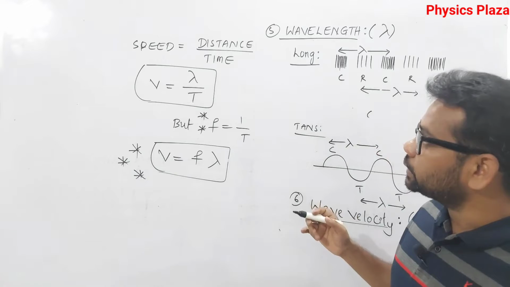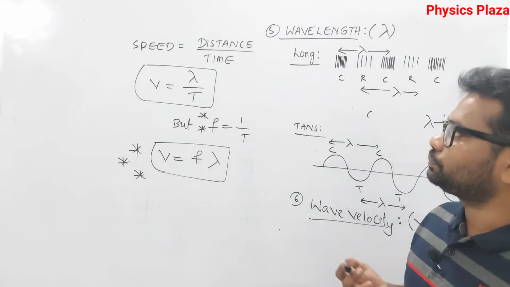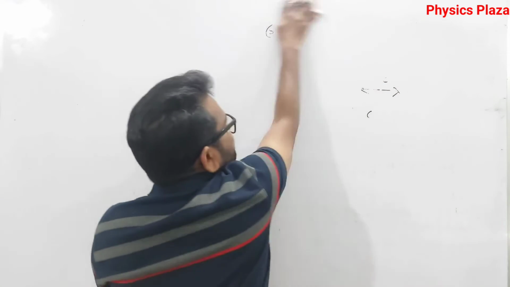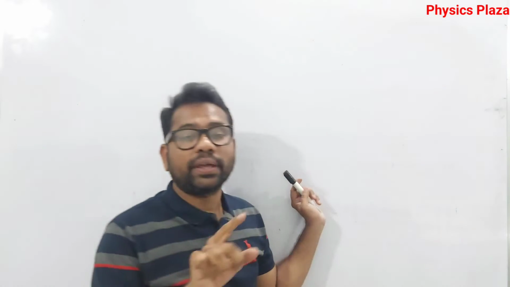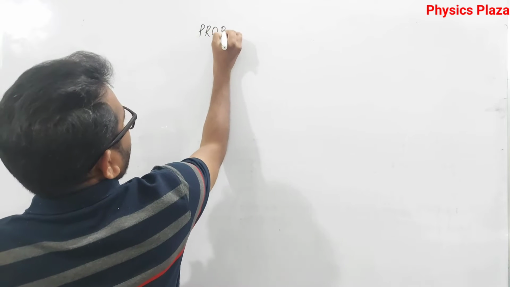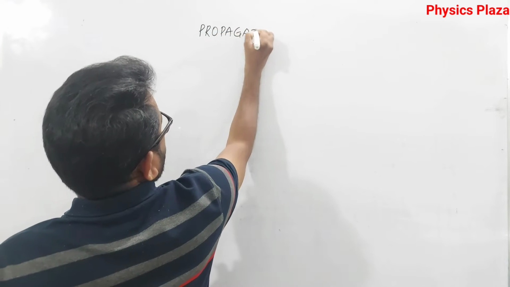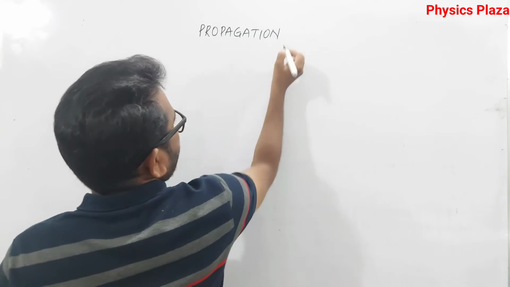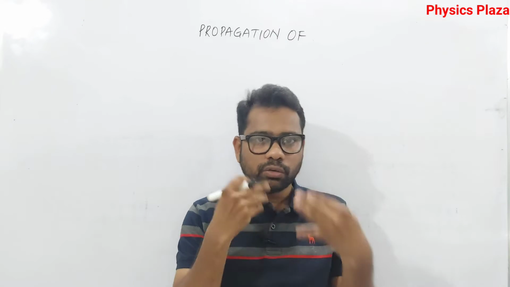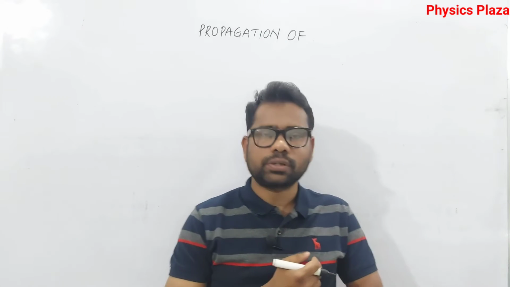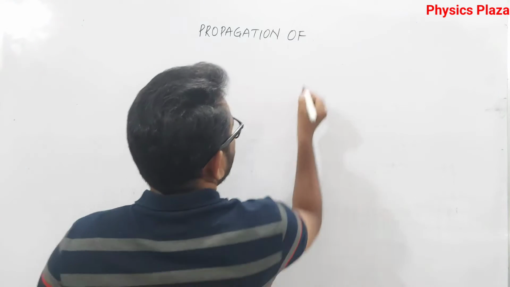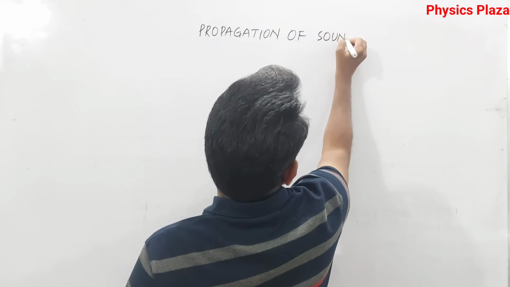Okay children, so these are the terms related to the wave. Before going to discuss the speed of sound in different mediums, let us come back to the propagation of sound. Children, in the textbook, propagation of sound is discussed first, then the wave concept. But I feel that without understanding the wave concept, how can sound propagate? Some people can understand, but it is better to first learn about the wave concept, then come back to the propagation of sound, so that it becomes very easy for us to understand.